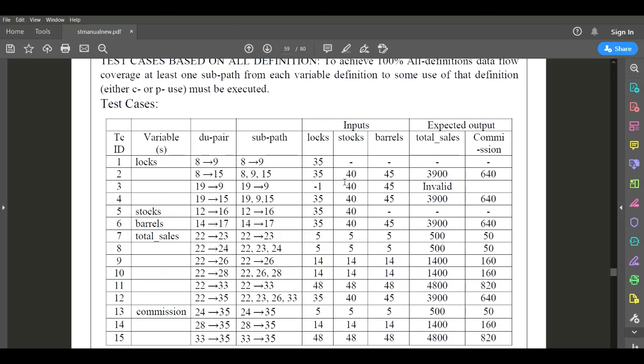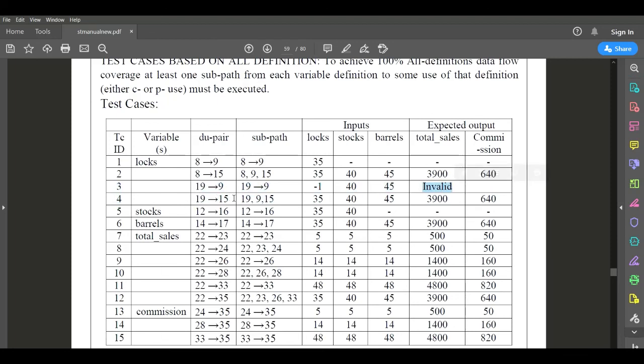Sir, if I specify -1, then why have we written stock and barrel values? These two values are previous values. For the first iteration, whichever value is there remains, that same value will remain. Before going to the next iteration, this value will get updated. So here for the next iteration I have given -1. Therefore, we are not going to change these values. This value will remain as it is, but -1 will terminate the program. Therefore, it is invalid.